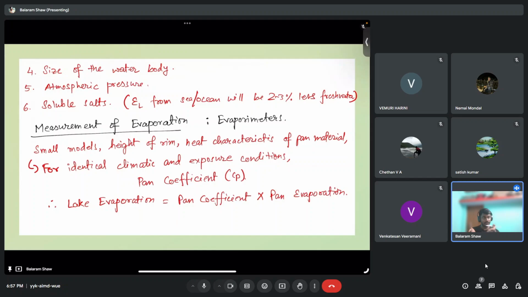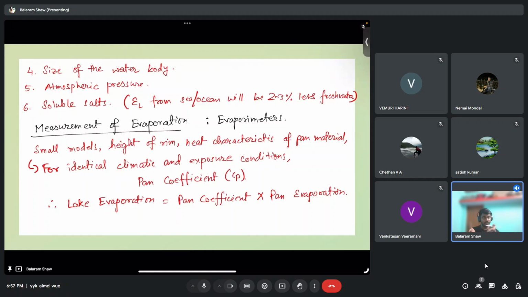Correct. So what I meant was, let's say the water is stored in the same area. Let's say a 100 kilometer square area of wetland and a 100 kilometer square area of concrete surface, and the water is stored there. We are not considering runoff. Obviously, in a real world scenario, if there is a slope, the water will flow. Now let's say the slope is not there and water has been ponded there. In that case, what do you think will happen? I'm asking.